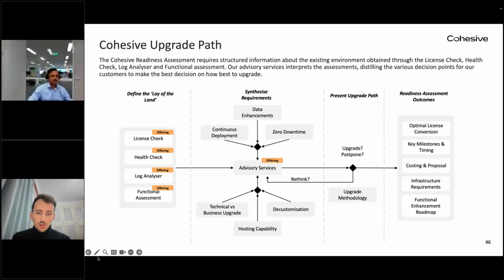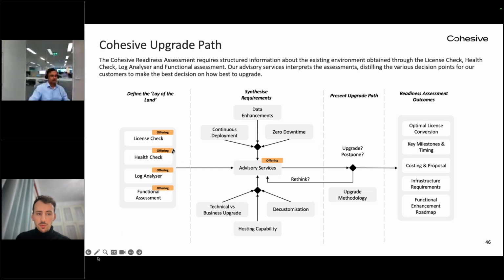All right, so in terms of moving to a hybrid cloud approach, and specifically moving from Maximo 7 to Maximo Application Suite, there are a few different things that need to be taken into consideration. So often when we're moving from different solutions or moving up to a more advanced version of a particular solution, there's some conversion and licenses. And so a license check is imperative to perform. We at Cohesive have predefined methods, sort of standard and repeatable ways of doing this, both for our own sake as well as the satisfaction of our customers.